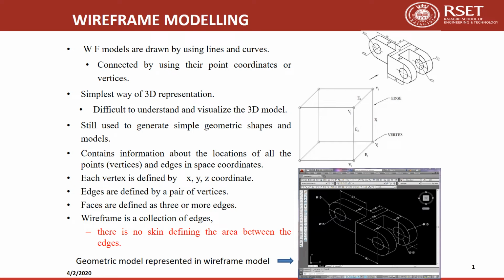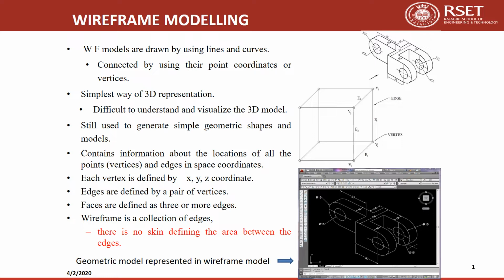Wireframe modeling. Wireframe models are drawn by using lines and curves. They are connected by their point coordinates or vertices. Wireframe modeling is the simplest way of 3D representation. Even though it is difficult to understand and visualize the 3D model, it is still being used to generate simple